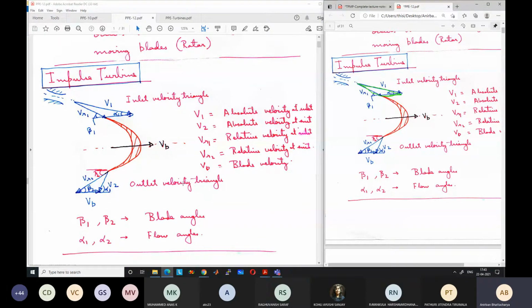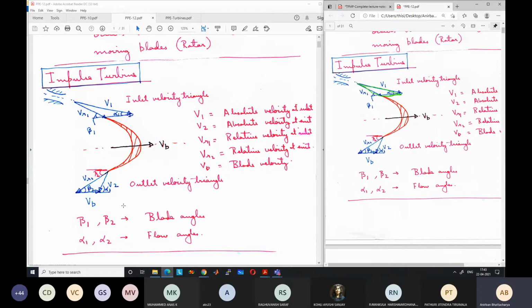Anywhere on the blade the velocity is VB, because at that plane the mean diameter is dm and the RPM is n for the entire blade. Obviously, RPM cannot change for a blade. So the blade velocity VB remains the same anywhere on the blade. VR2 plus VB vector addition gives us the absolute velocity V2. VR2 is the relative velocity at the exit, V2 is the absolute velocity at the exit, alpha 2 is the outlet flow angle and beta 2 is the outlet blade angle.